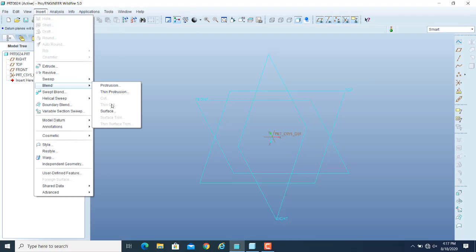So right now again we do not have any parts, so these menus are active. As you generate your first protrusion, then these options will also be available. So let us start. By the way, blend is again a protrusion command, and this is another methodology of